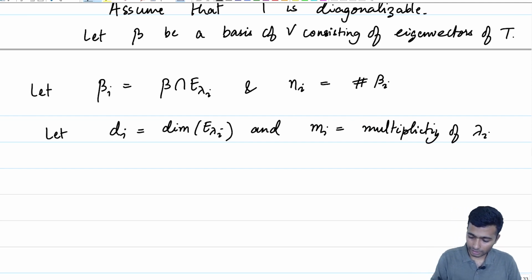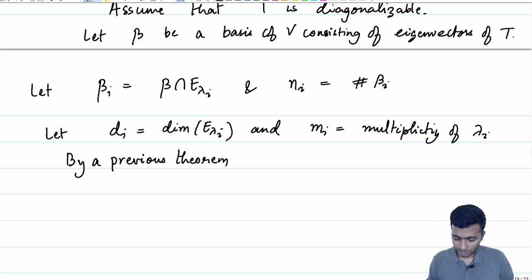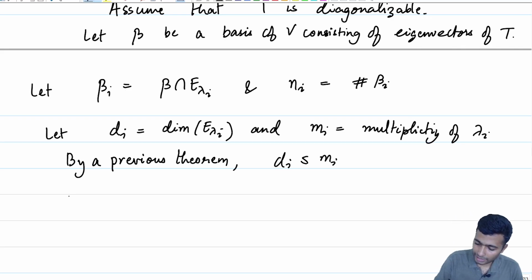We know that di is, by a previous theorem, less than or equal to mi, and the fact that beta i consists of linearly independent eigenvectors corresponding to lambda i implies that, by the above observation,